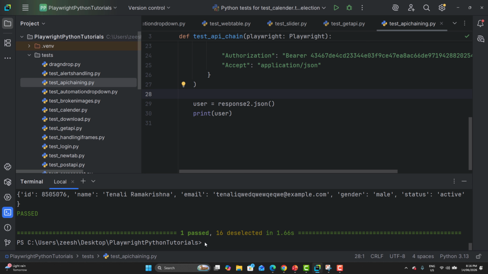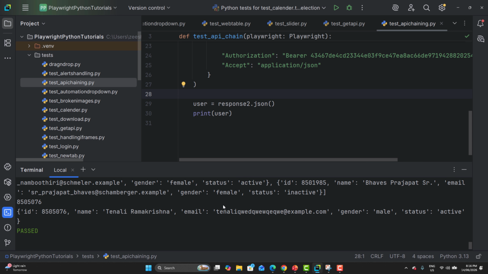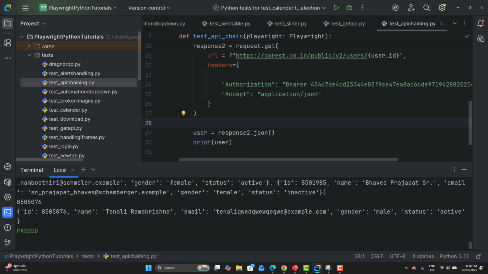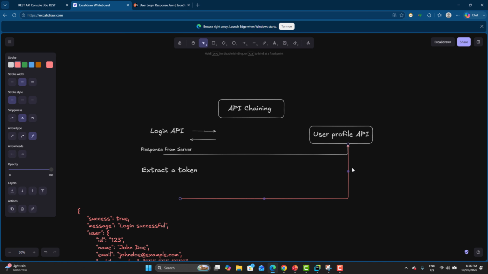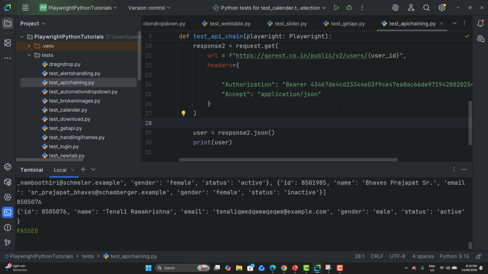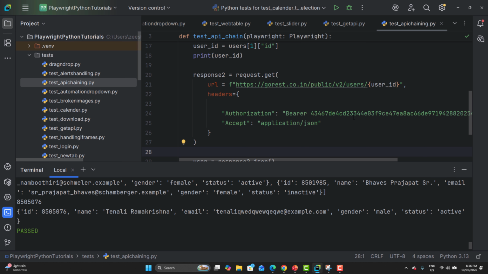Now let's see what happens. So this time it worked absolutely fine. The reason was that we were not sending the authorization which we need for the second API, which I just showed you, that's why the second API did not work like this one. We should provide the authentication token or access token. So previously we were not sending this bearer token for the second request,